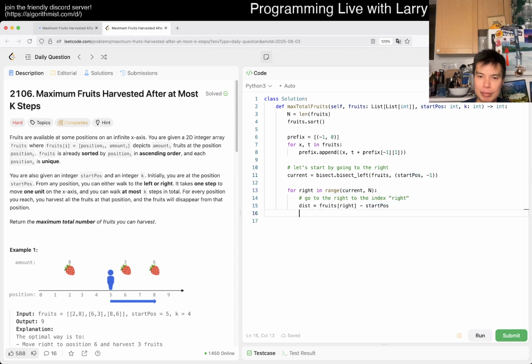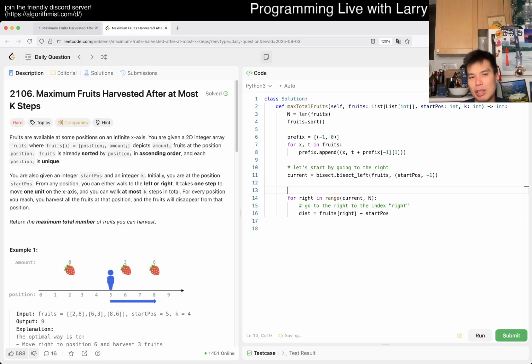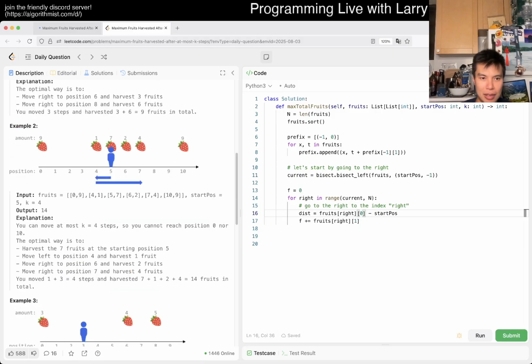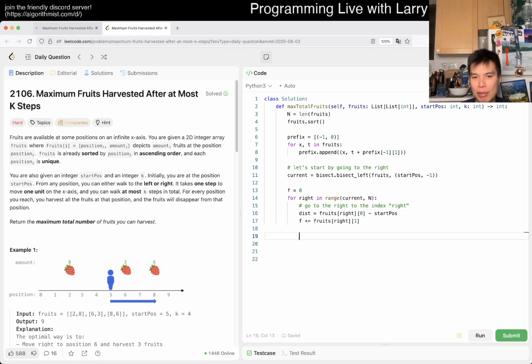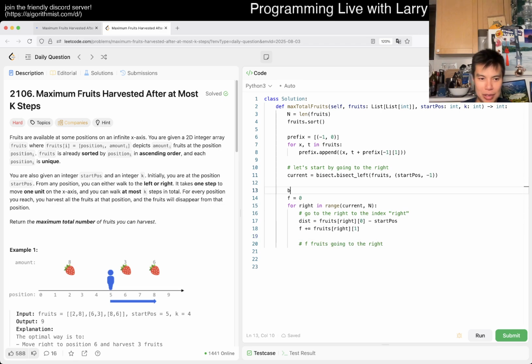Okay, right. And then there's a prefix sum kind of thing, or a rolling sum, if you will. The fruits is equal to 0, say, and then now we take, okay, this is terrible naming. Okay, f is equal to 0, f we add by fruit sub right of 1, this first index, right? So now we have f fruits going to the right. Let's just keep track of the best because we have to return that at some point anyway. So f fruits going to the right, and then now we have